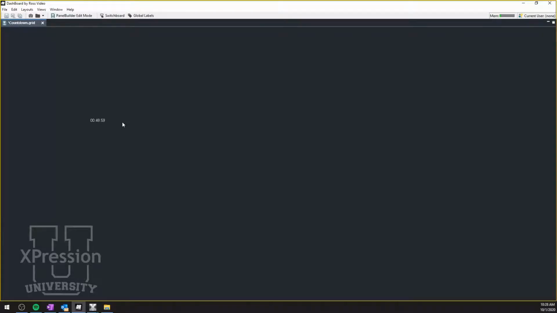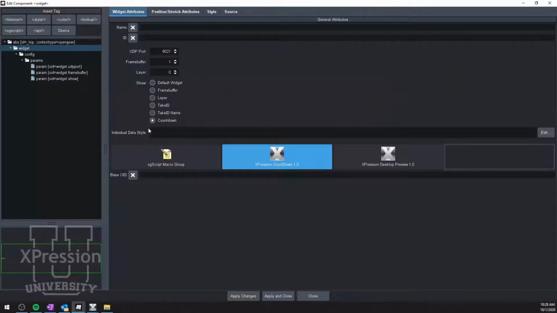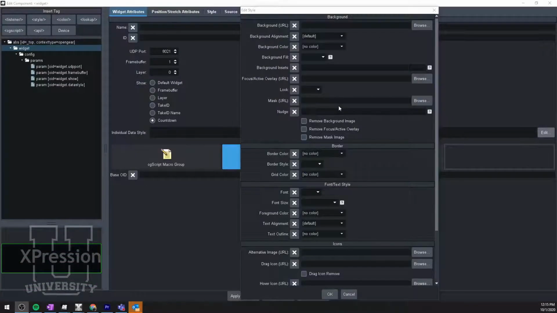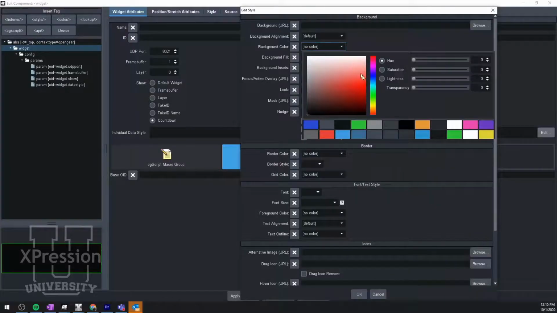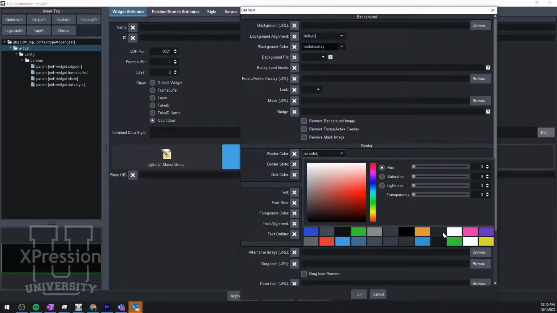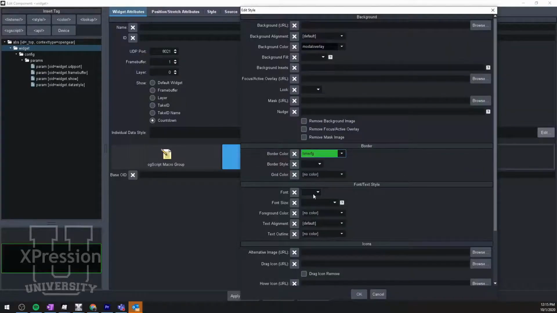default. To edit this, if we go back into the edit properties, there's this individual data style. We'll click edit. Now here is where we can edit the background color, add a border, change the font color and the font size. So I'm going to give this a dark background. We'll go with a green border, bold font, and I want the font to be very large, so I'm just going to type in 120, and I want that font to be green. Now when we play another clip, we'll see that it is a style that we can set up and customize